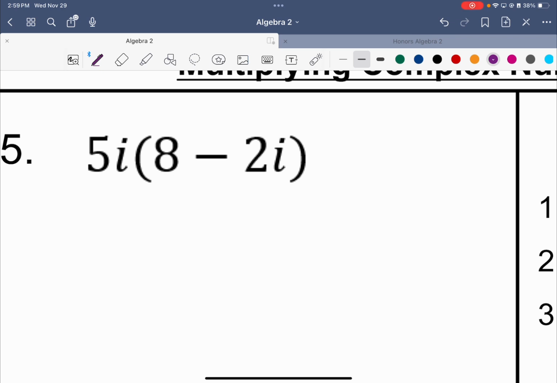But not completely. So 5i times 8 minus 2i. Again, think of it just like 5x times 8 minus 2x. Distribute. So if we distribute this, we've got 5i times 8. So 5 times 8 is 40, so this becomes 40i. Now we have to take 5i times negative 2i. So that's negative 10i